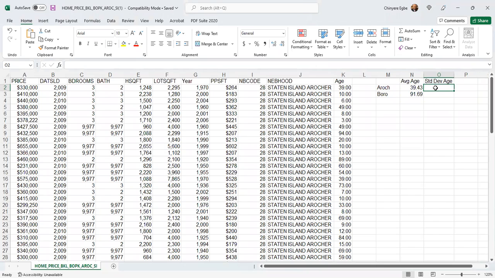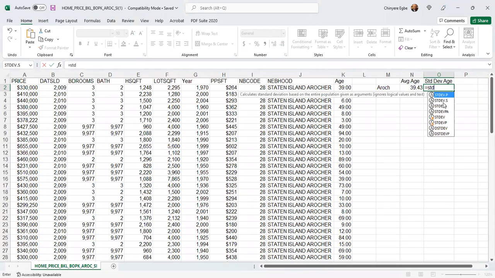If you want to refresh on it, I'm going to post the PowerPoint slide. But you go equals, okay. Standard deviation, you can see STDEV.S, that is the sample standard deviation. So you use that,